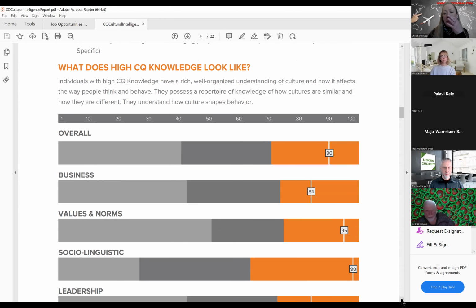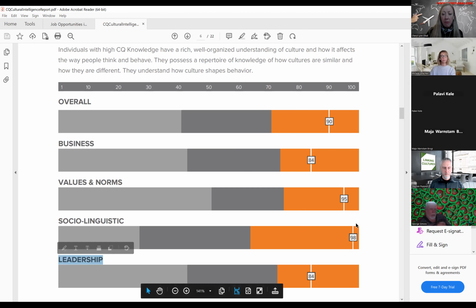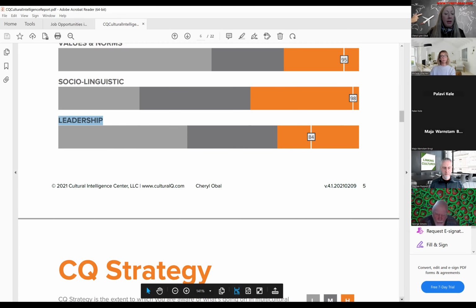People love this kind of thing because it's a self-assessment. It's not based on someone else scoring you. Whatever comes out of it is because of your own assessment of your abilities. So as you can see, this score is on the lower end compared to the others, so I might ask someone, okay, what could you improve in this area? Your business knowledge and CQ, or even leadership is also down a bit from the others. So just create a discussion out of it, and there you go.